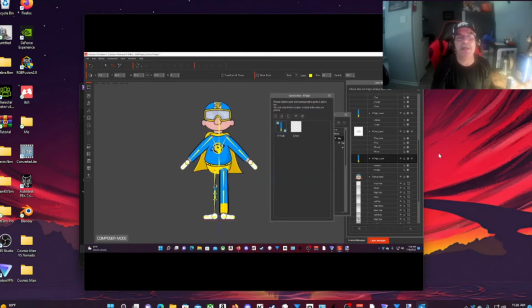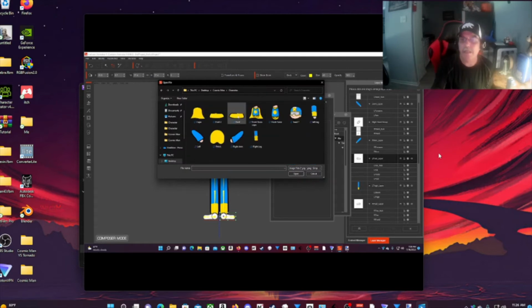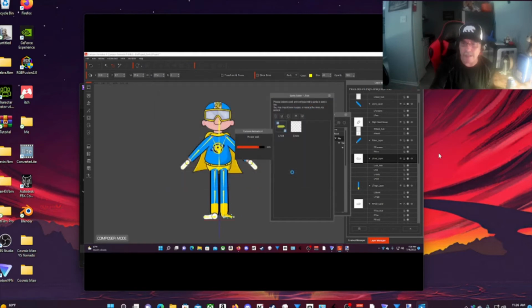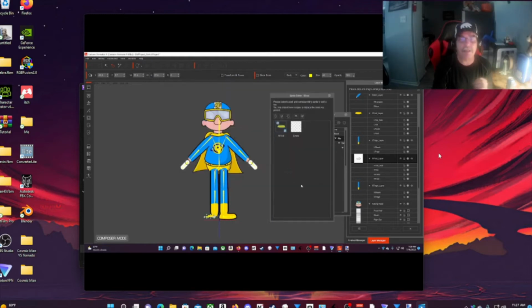But here I am, still putting all the pieces together, replacing all the sprites in the template with my own sprites. Of course, when I did the hands and the mouth, I used the ones that actually came with Cartoon Animator 4. Knowing that I just found out about the contest not too long ago, I don't have much time to make too many things. So I went this way, but maybe next time I'll create a lot more things, my own animation, mouth, and all that stuff.